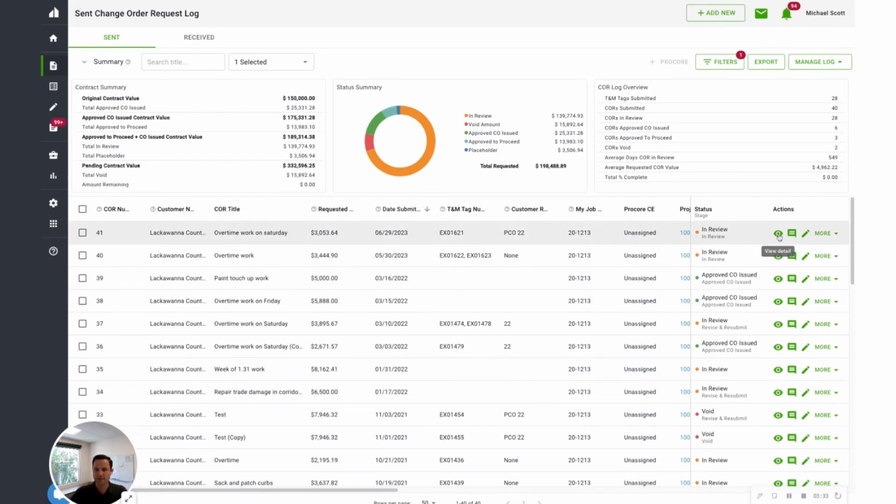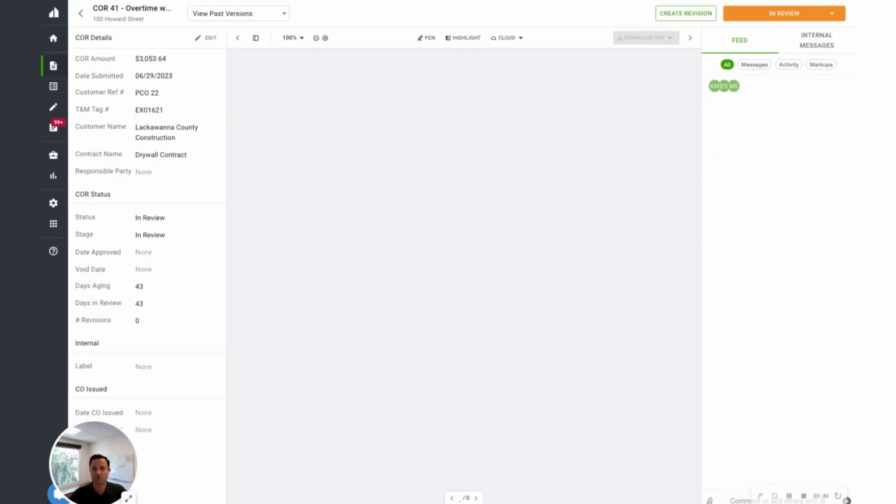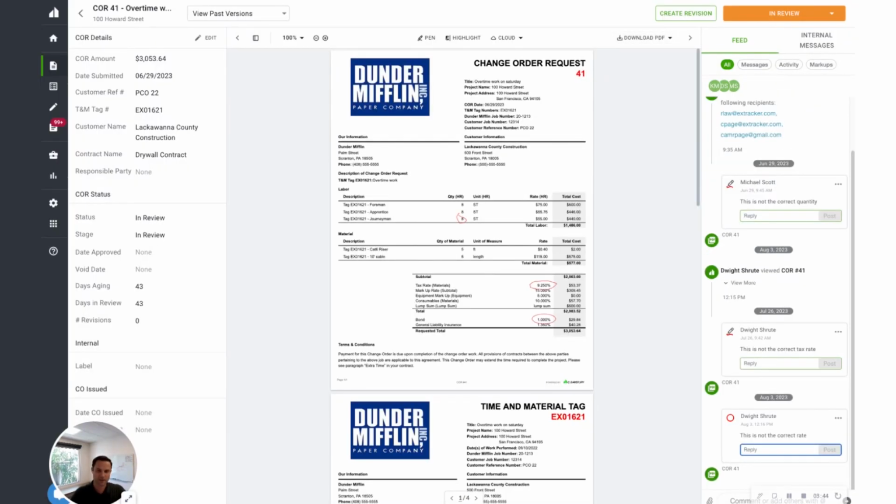And what's cool is you can see a paper trail of each change order request that you send. So this is our change order review page. Some of your general contractors might use our software and they can collaborate with you around the approval process. So if they have questions on your change order request, they can log in here and ask you questions. So again, there's no excuse for them not to give you feedback and not to turn around change orders as